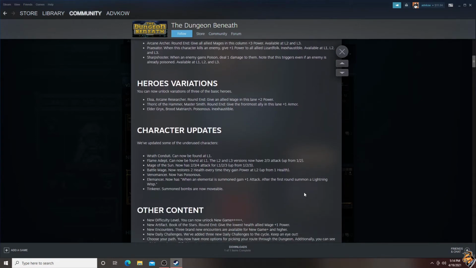Hero variations. You can now unlock variations of it. How do you unlock them? The Arcane Researcher at the end of the round will give an allied mage in this lane 2 power. Thoric of the Hammer at the end of the round give the front...